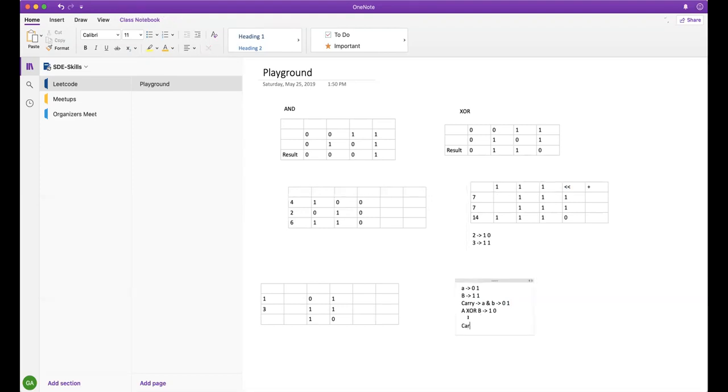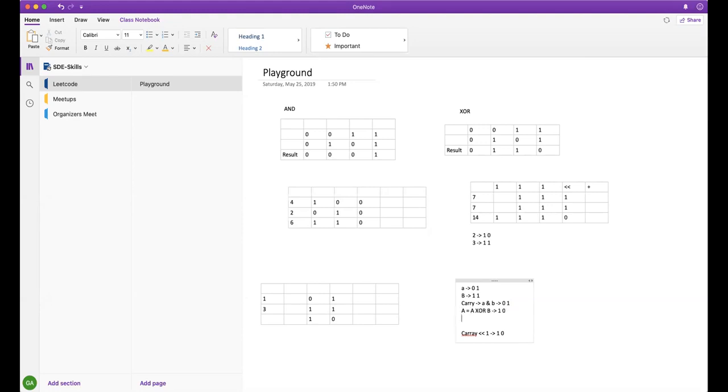So carry 1, if we shift it by 1 bit, gives us 0 1 0. This is the carry, and for the sake of variables, let's store A equal to A XOR B,